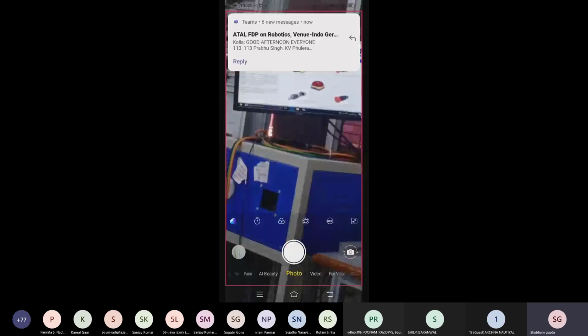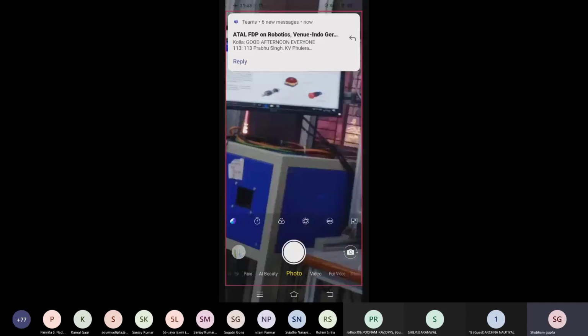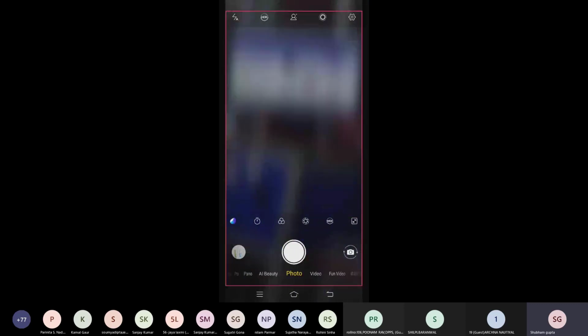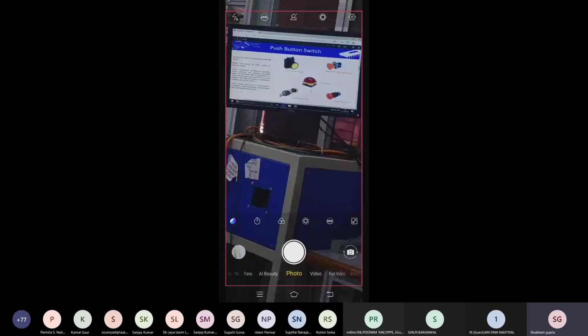There are five types of push button. First is the plain headed type, like this. Then the mushroom headed type, like that. This is a mushroom headed type switch. And then palm type, key to release and pull to release.